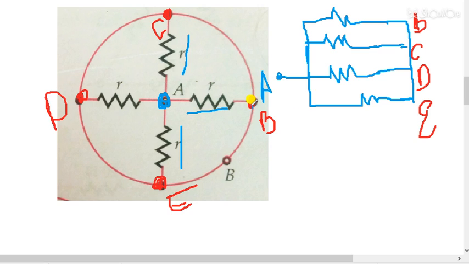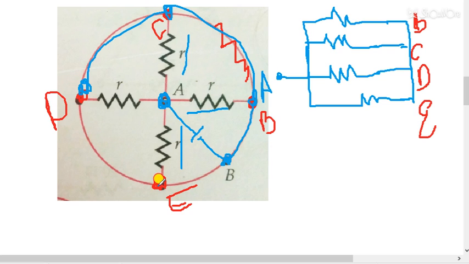But students, these points have the same potential because no resistance is there. That means the potential of B is equal to the potential of C. If I connect a battery between A and B, the current will be divided, and the potential at B will be the same as at A, the same potential will be at C, the same potential at D, because no resistance is there. If there is any resistance, then the potential will change. There is no resistance on this circular path.